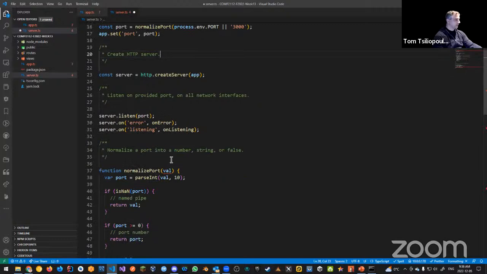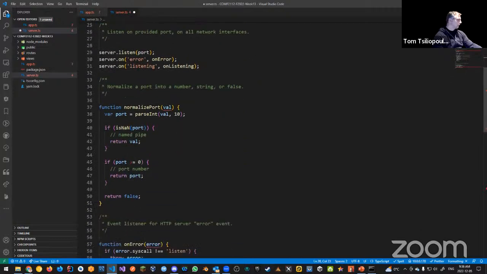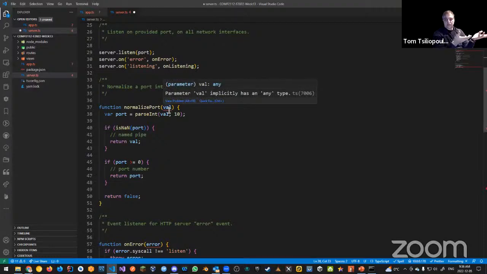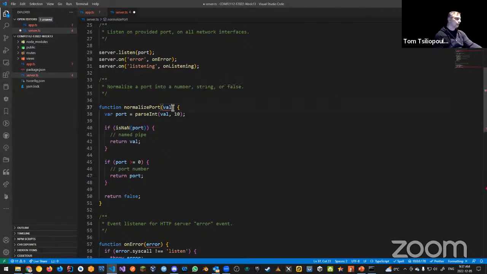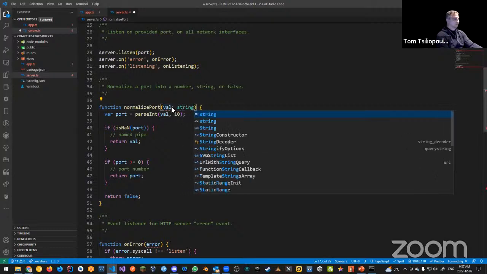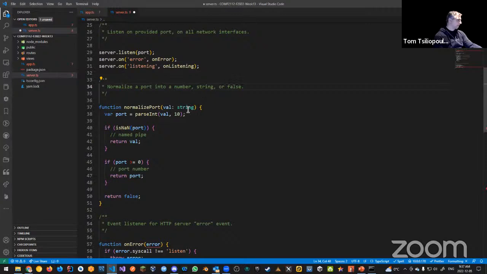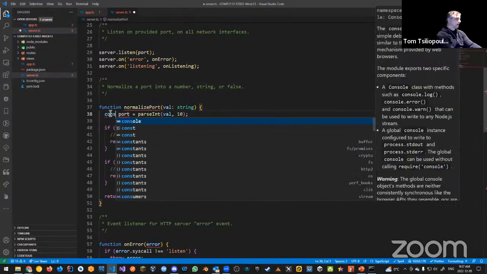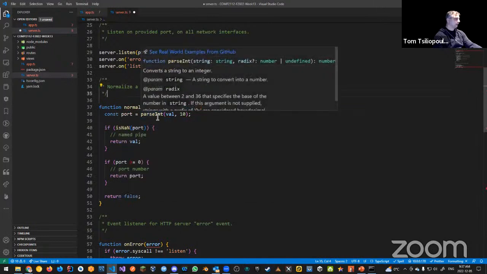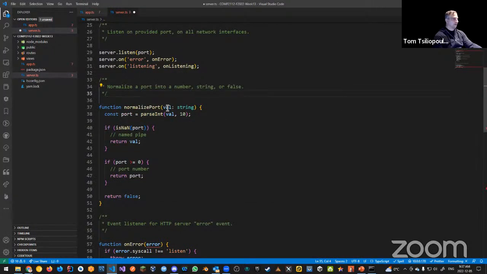And we're not going to do all this right here. I'm just going to go back to our normalized port to fix this problem. So the reason why val is giving us nothing is because TypeScript is saying, well, what is this? We can't just say what this is and say nothing. So we can put two things. We can make it any, which we don't want to do, but we could do something like this. So we can say this is a type string. Const port is what this should be. Const port, and we're going to say parseInt, whatever the val is, we're going to parse it to an int, convert it to an integer.